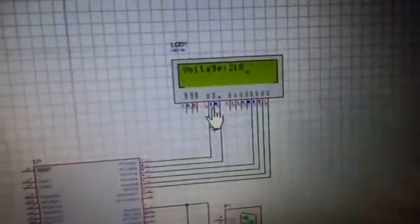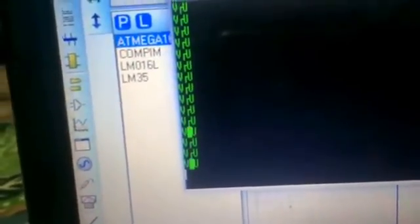As you can see, I have simulated my circuit with my hardware, and these values are also coming, you can see here, but these values you cannot understand. These are coming in this virtual terminal. These are actually the ASCII codes,